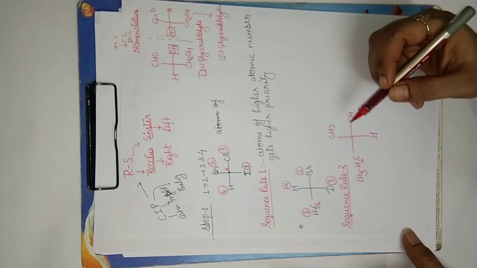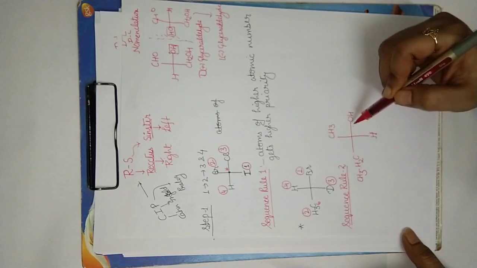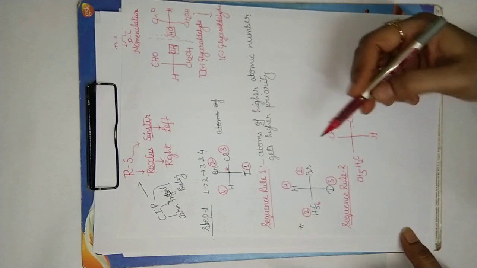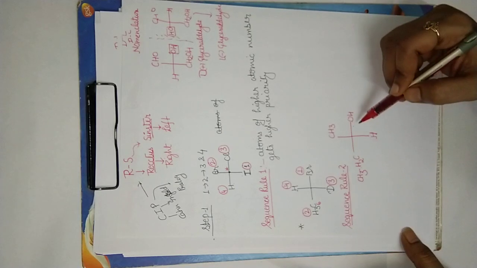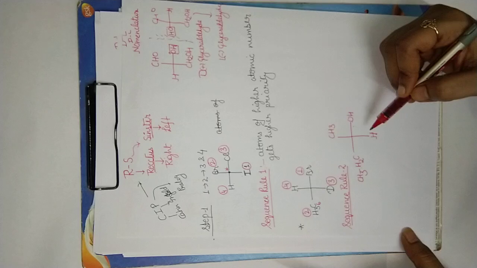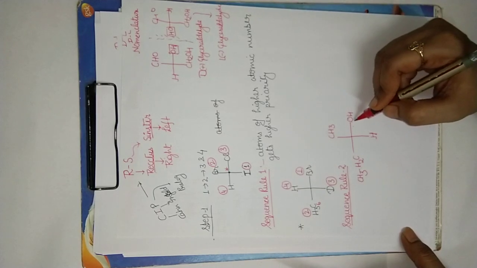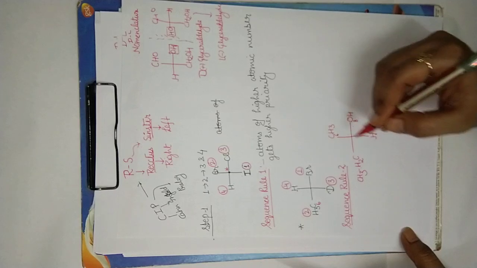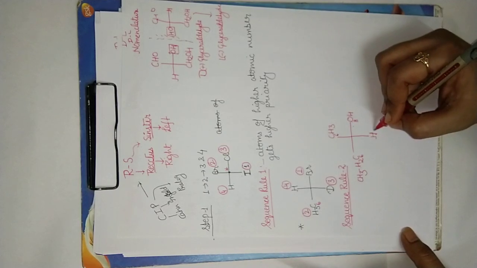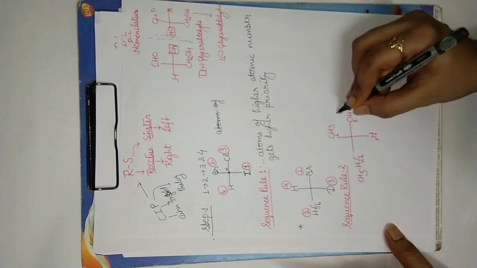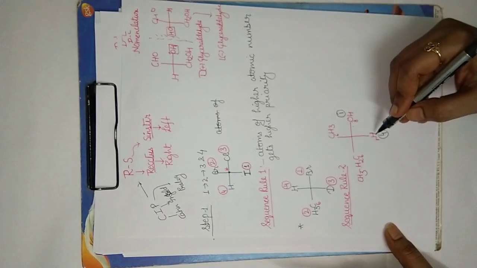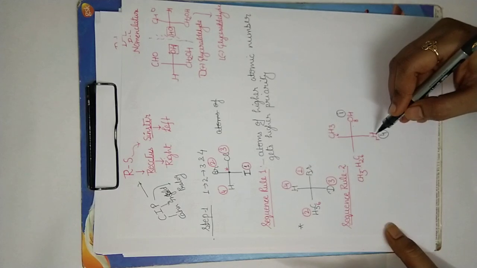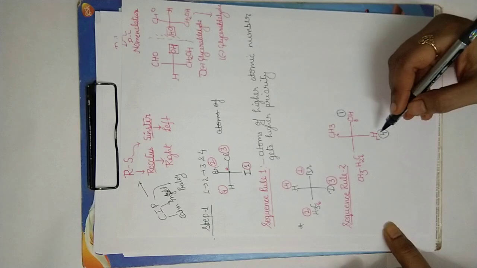If the relative priority of the 2 groups attached to the chiral carbon cannot be decided on the basis of rule 1, it may be decided by comparing the atomic number of the next atom in the groups. This is having the 8 atomic number, this is 6 atomic number, this is 6 atomic number, this is 1 atomic number. Which one will get highest priority? This one is having highest priority, this one is having lowest priority. Always remember, H is having lowest priority, and it always gets 4 number.